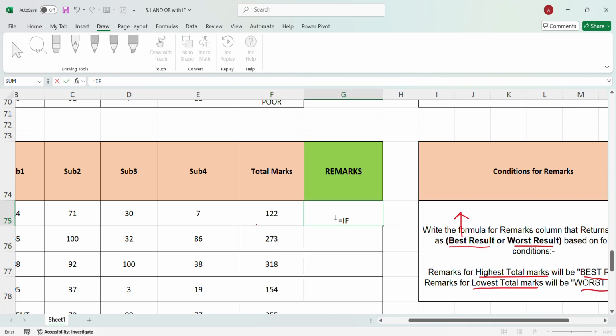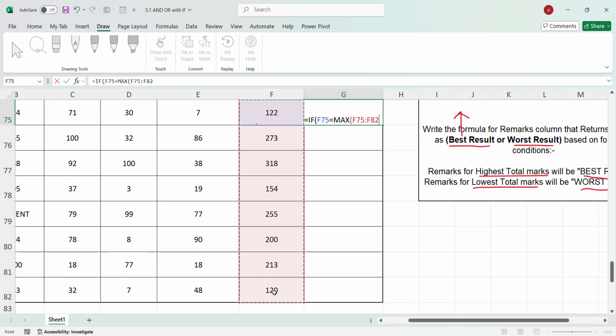So how will we do it? We'll say equals to if I select this particular value, if it is equals to the maximum of all these marks. These are all the total marks scored by all the students. If F75, the score scored by Vipul, is equals to the maximum of all the marks given over here, we will say best result. Else I will check for the minimum marks. So again I will select this cell and say equals to the minimum of all these marks, F75 to F82. If it is the minimum, then what is the result? The result will be